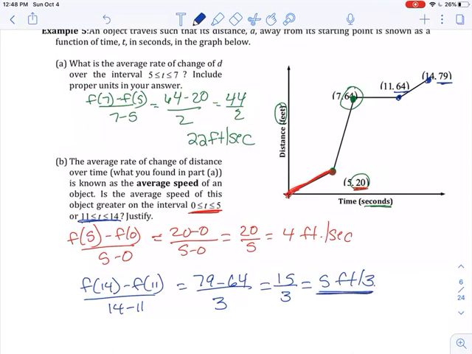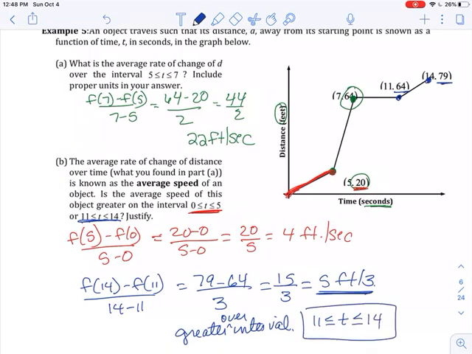Okay. And so I want to know which is the greater interval. Actually, the one that gave me 5 feet per second is greater over the interval, I should really say. Greater over the interval when t is greater than or equal to 11 or less than or equal to 14. So that has the average rate of change, the larger